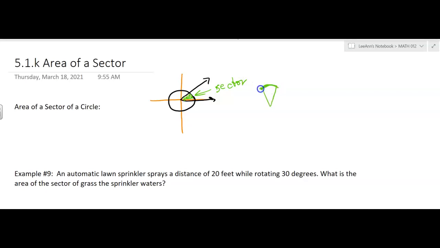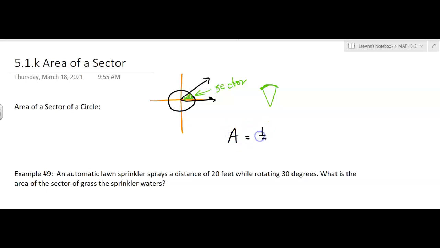It's not a triangle because it's got that curved side. I mean, it looks kind of like a triangle, but it's a piece of a circle. Picture a pie and you're cutting it into wedges, and then one wedge would be a sector. Okay? Well, the area of a sector